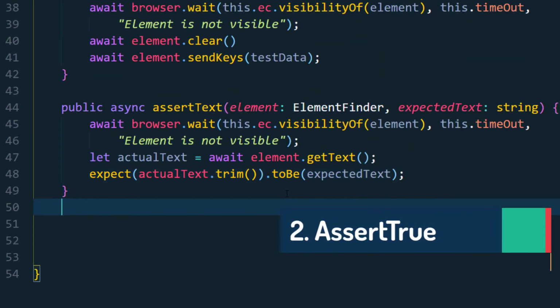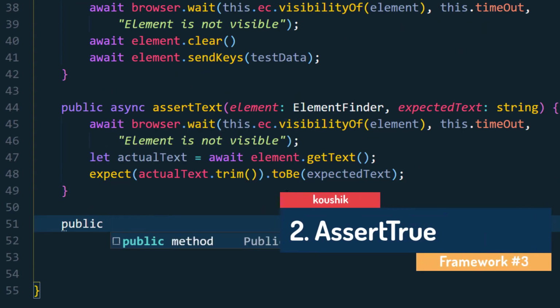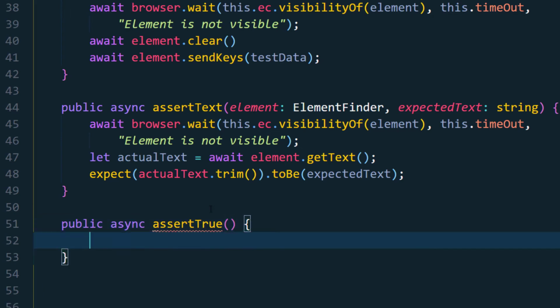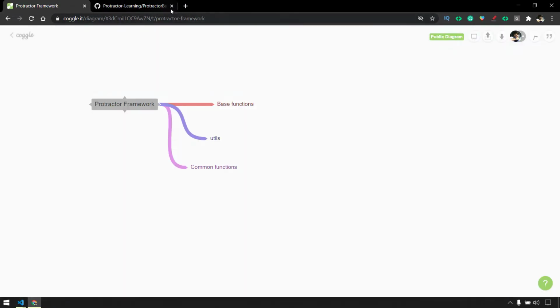Now similarly, we are going to write another function. So here I'll say public, and that's going to be async, and here it's going to be assertTrue. Assert true in the sense we are going to validate whether the given element is displayed on the page or not. For example, let's say that we have this LetCode,